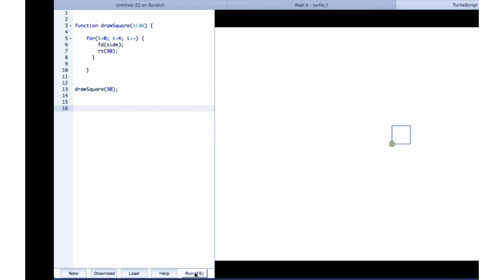So let's see what happens when we run. We get the smaller square there. So now if I call this 3 more times,